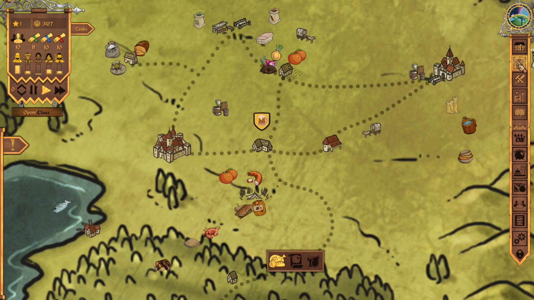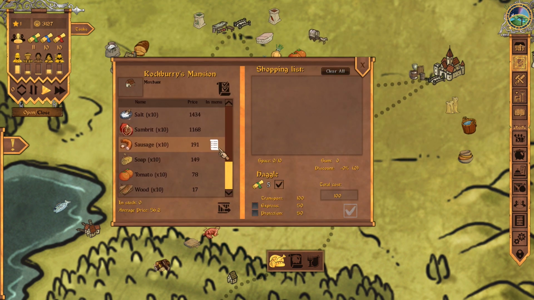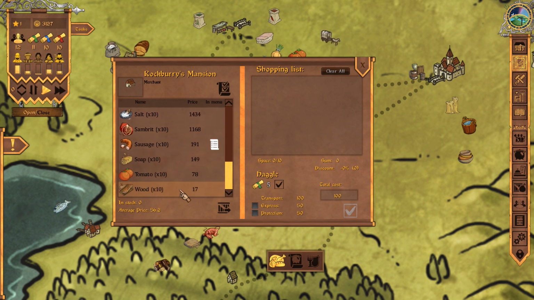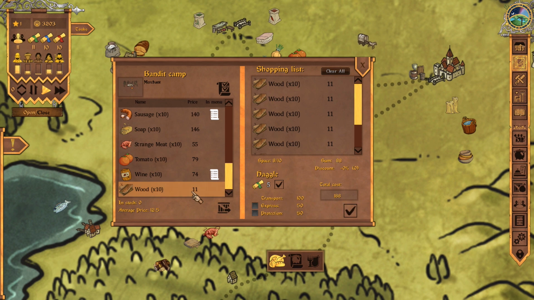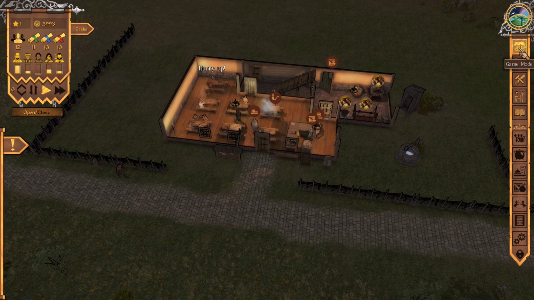Plus, we keep losing her to smoking every now and again, so it's kind of making it work. I guess I'm gonna have to go buy firewood just in case. So let's see, who's got firewood here? That's wood. It's not necessarily what I want. I guess it is 17. The bandit camp has wood for 11. Considerably cheaper. Might as well just buy a bunch of it. Actually, they'll let me take 10. For 210, that's cheap. I probably should have paid to have it brought in via express, but...